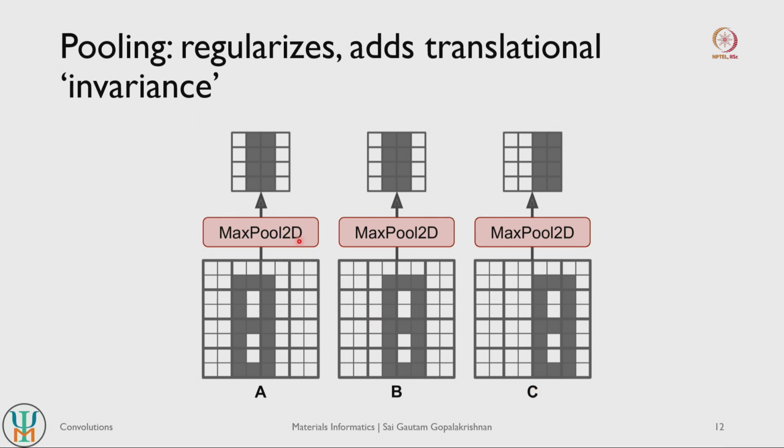So if you use a pooling operation, you see that A and B basically have identical representations, right, after you do max pooling here, whereas C has a slightly different representation. So it introduces some amount of translational invariance, so you can continue to recognize the same kind of objects when you do pooling operations if they are translated by a small extent. So that's another nice thing to note about pooling.